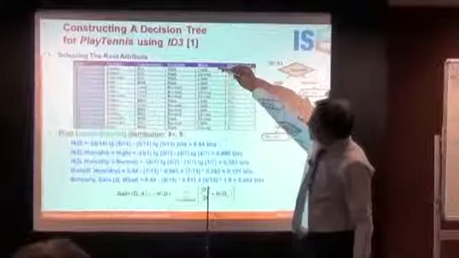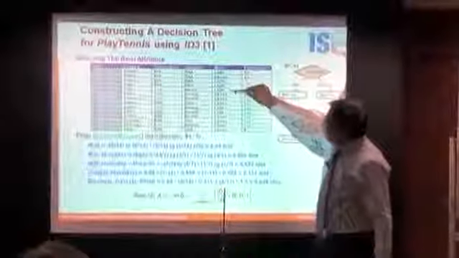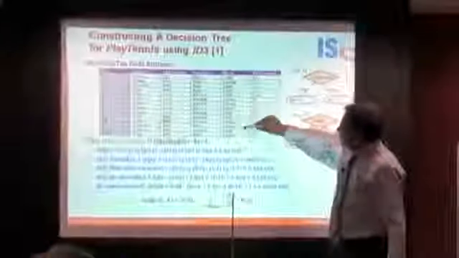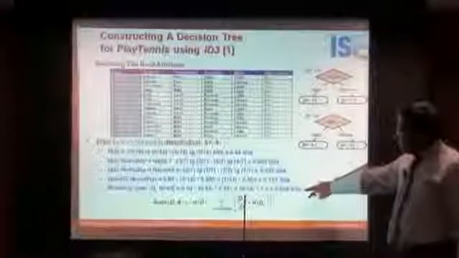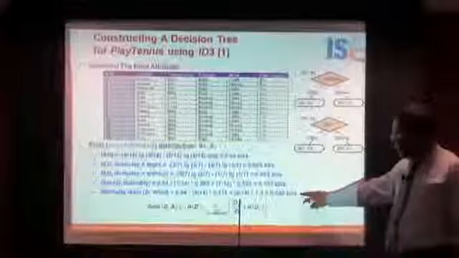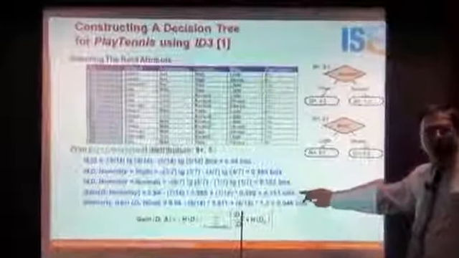When you take wind, light and strong are the 2 values. 1, 2, 3, 4, 5, 6, 7, 8. Light is 8 and strong is 6. The information gain on splitting with wind is less than the information gain in splitting with humidity.